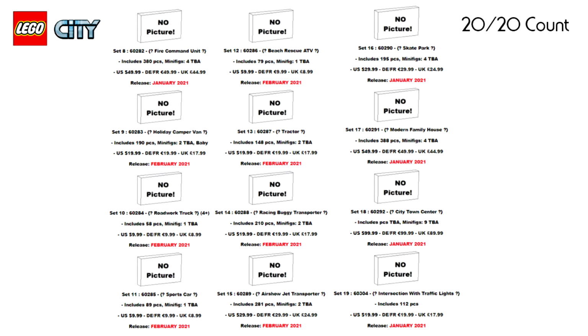We also have set number 60284, roadwork truck, that's another 4+ set with 58 pieces, 1 minifigure to be announced, and that will retail for $10 in February. We have set number 60285, the sports car with 89 pieces, 1 minifigure, and that will retail for $10 in February as well. We have set number 60286, the beach rescue ATV, that will include 79 pieces and 1 minifigure